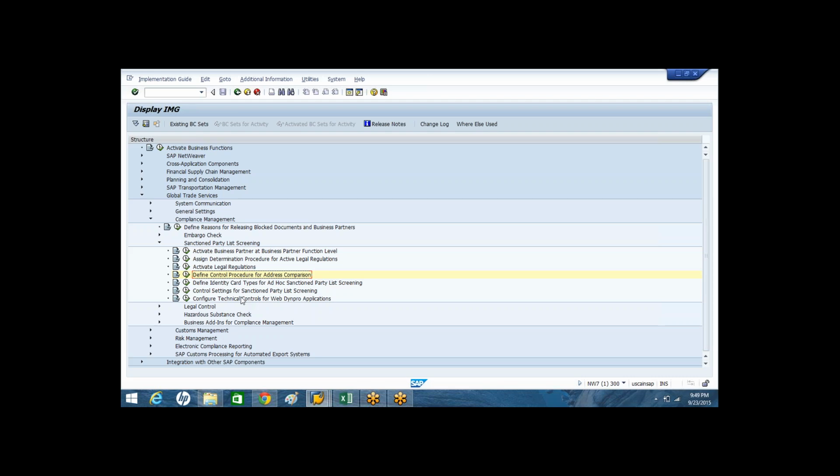So what are the disadvantages if I specify a lower percentage? More blocks, right? There will be more blocks.